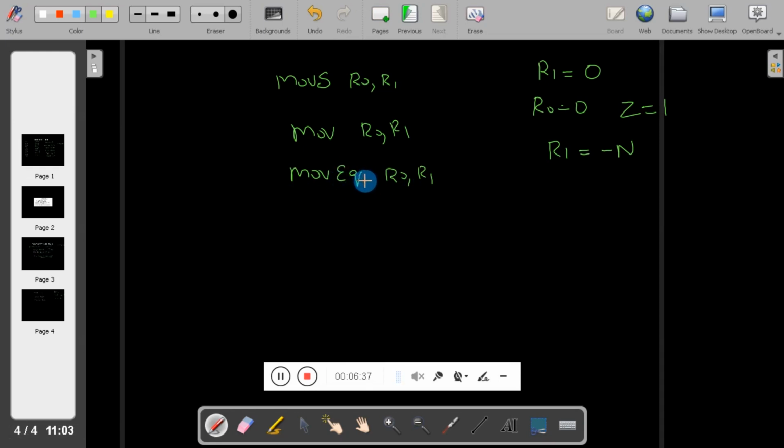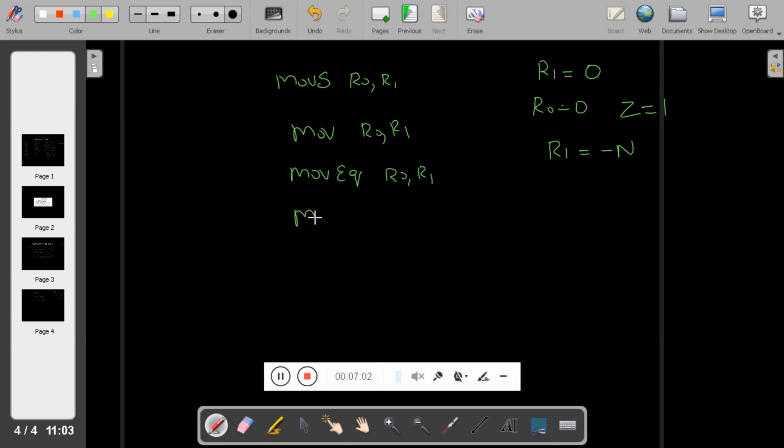That is, the previous operation may compare two numbers, and if the two numbers are equal, which results in activation of the zero flag, at that time the current operation moves R1 to R0. Otherwise the current operation will be nullified and it will move to the next instruction. That is the meaning of MOVEQ R0, R1.